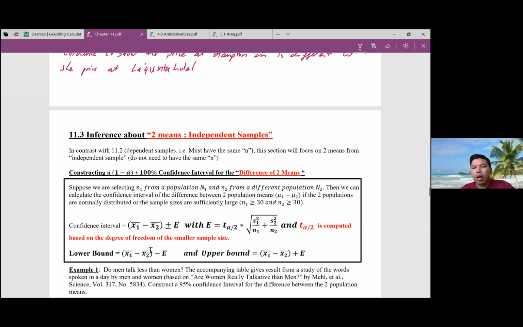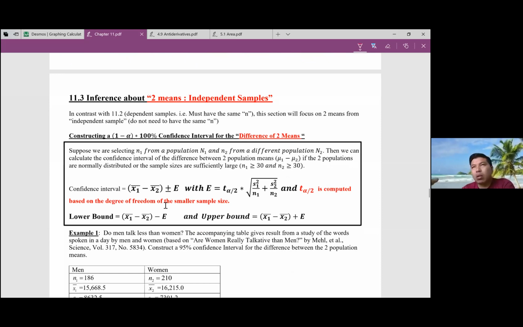In 11.2, they must have the same n. In this section, that is not required. So this is one of the hints that you might use to tell the difference between 11.3 and 11.2, just in case you see that on the exams. Because they don't require the two samples to have the same size,